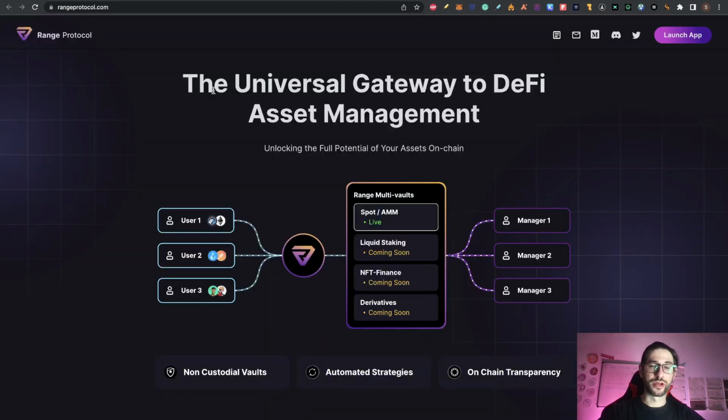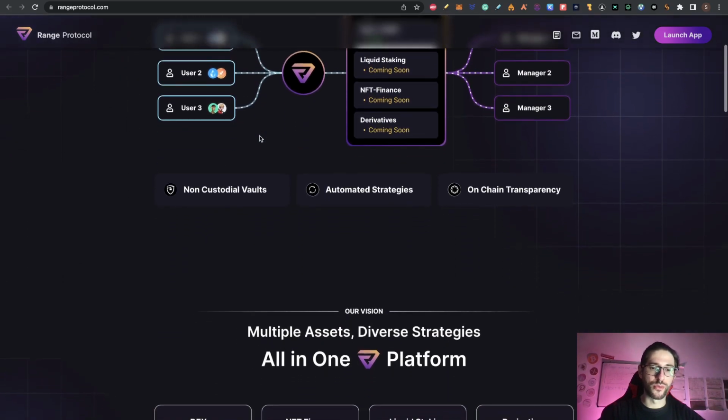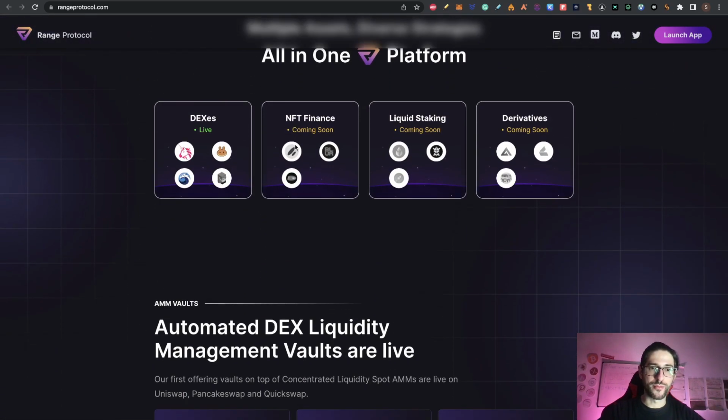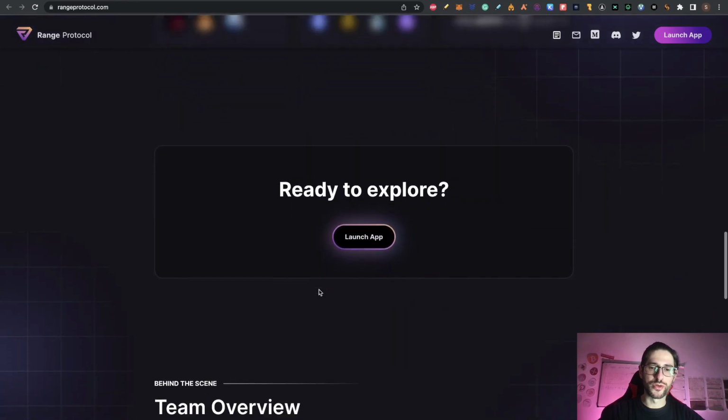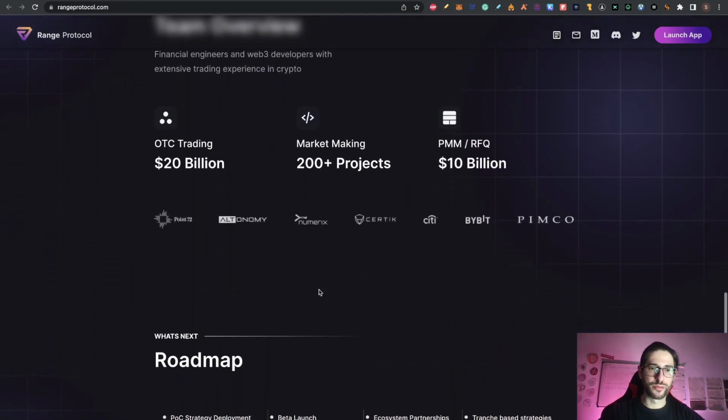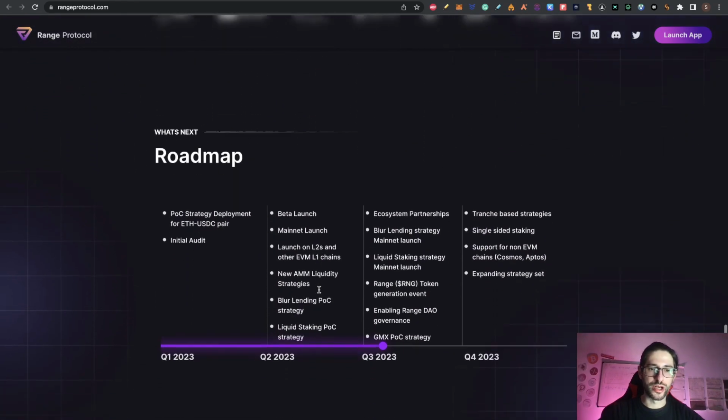I really like the technological part of this project. It's a new layer above liquidity pools with this concept of active liquidity managers. I'm going to put links in the post for the different documentation if you really want to understand it. But rangeprotocol.com is the website where you'll find all the links to the official social media and the Medium page. It's going to be easy to understand after you see how the protocol works and what we can expect from it.